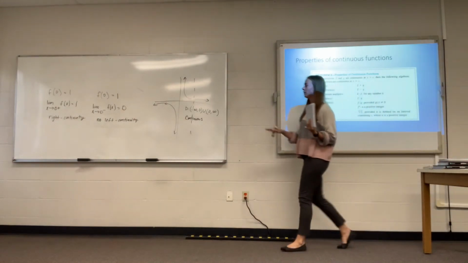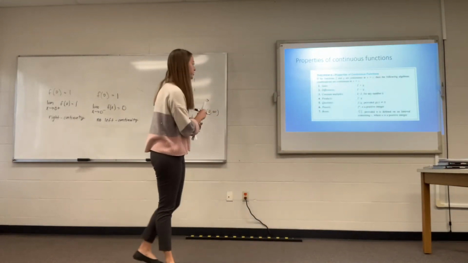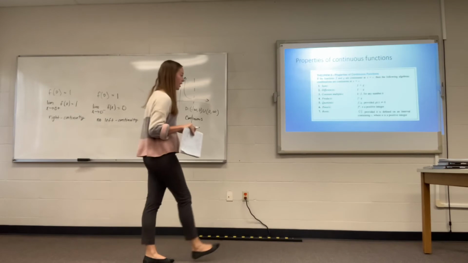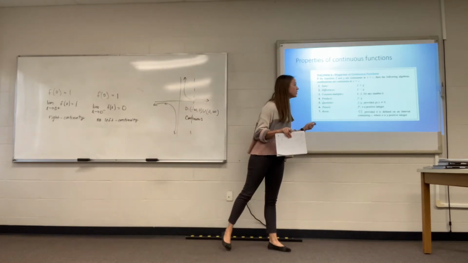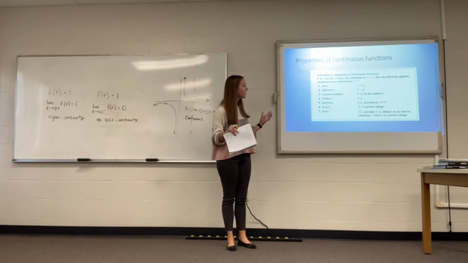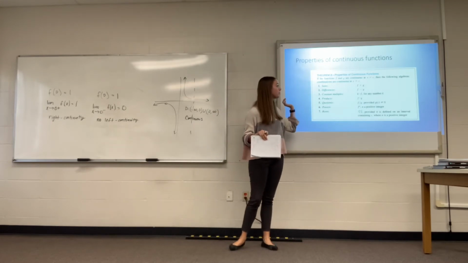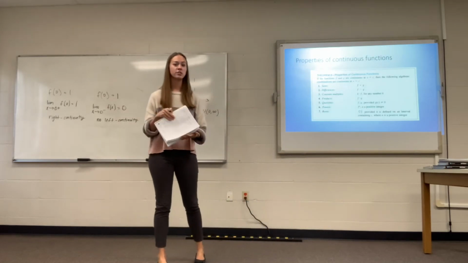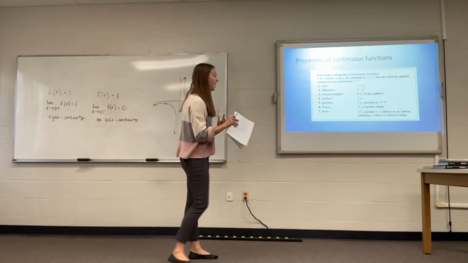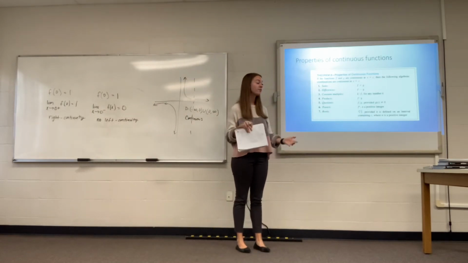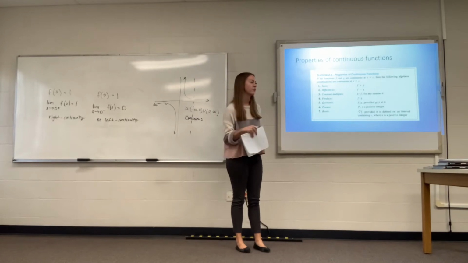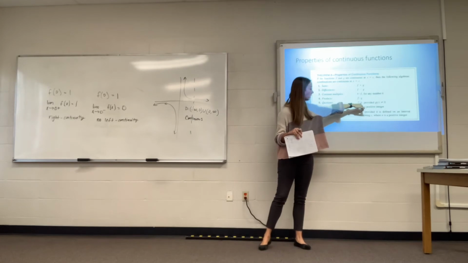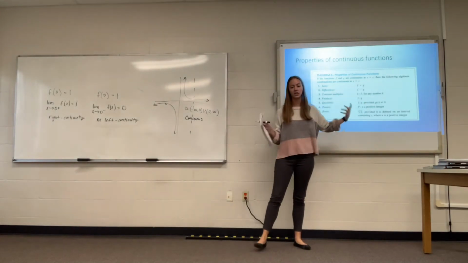Okay, so aside from my reciprocal function tangent, now if we have two functions, all of these properties are going to apply. If I have two functions f and g and they both are continuous, then I know that when I add them, subtract them, multiply them, divide them, I'm also going to have a continuous function. So you can take two continuous functions and do any algebra on the function, and you're still going to have a continuous function. The only thing is with the dividing, the denominator can't equal 0,